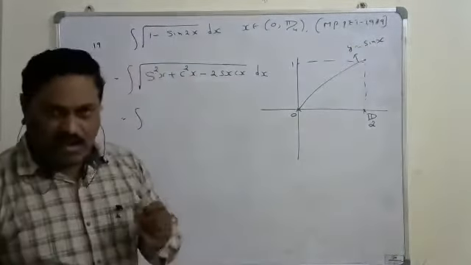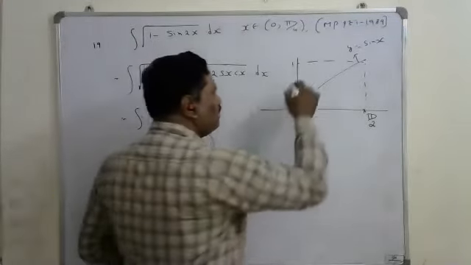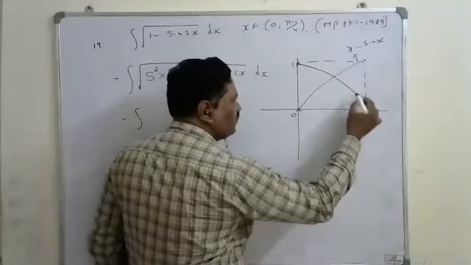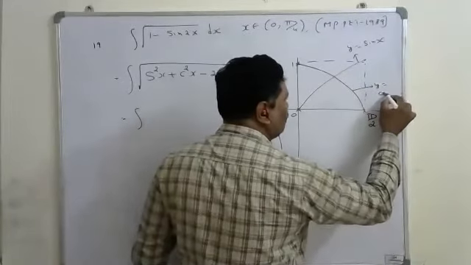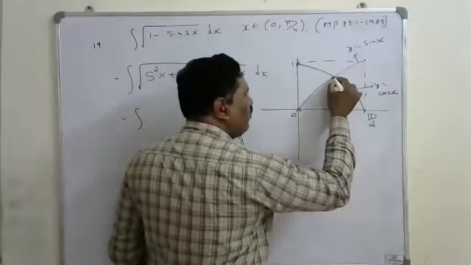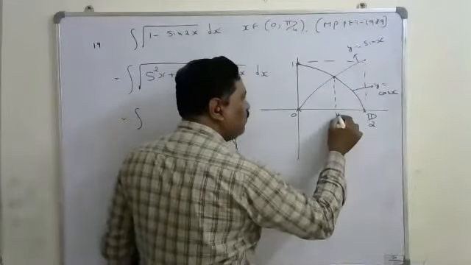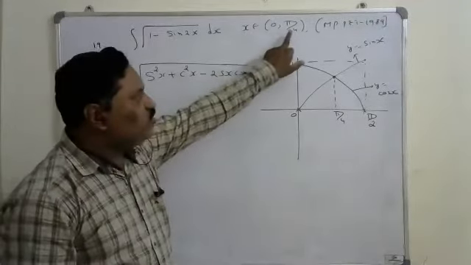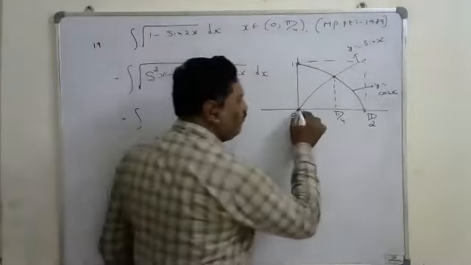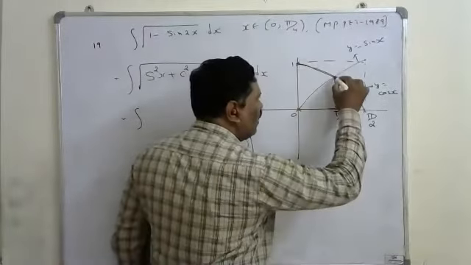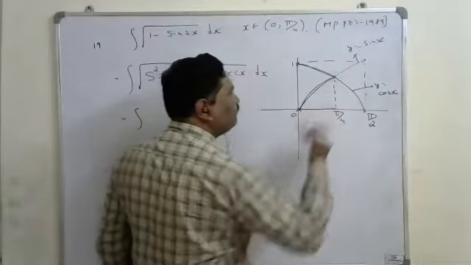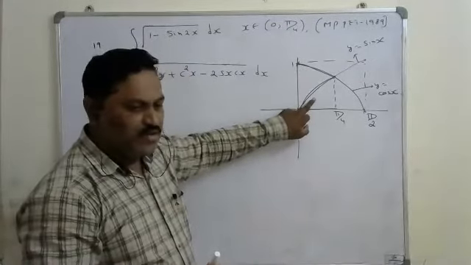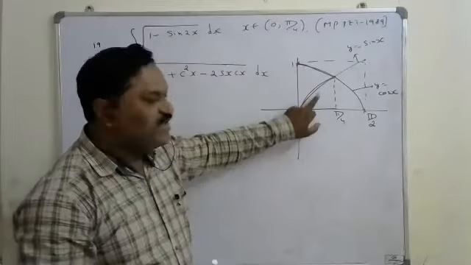And if you consider the graph of cos x, when x is 0, cos 0 is 1. When x is pi by 2, cos pi by 2 is 0. That's why it will decrease. This is the graph of y equal to cos x. And sin and cos are going to meet at x equal to pi by 4. Since they have given x value between 0 to pi by 4, if I consider between 0 to pi by 4, this is the cos x curve and this is the sin x curve. Which is the upper curve? Cos x. This is the upper curve and this is the lower curve. Between 0 to pi by 4, cos x is bigger than sin x.